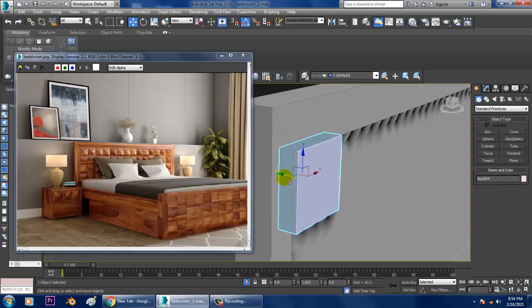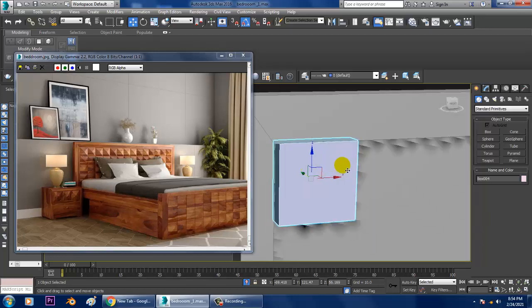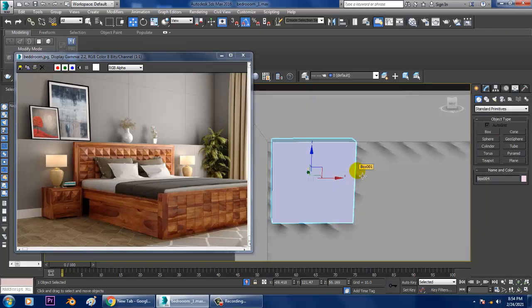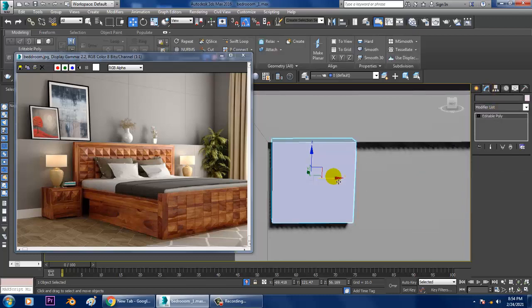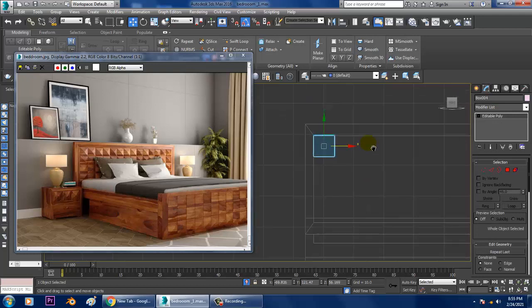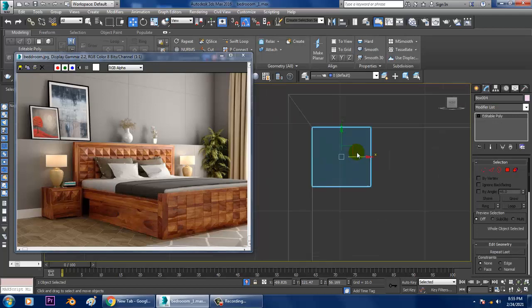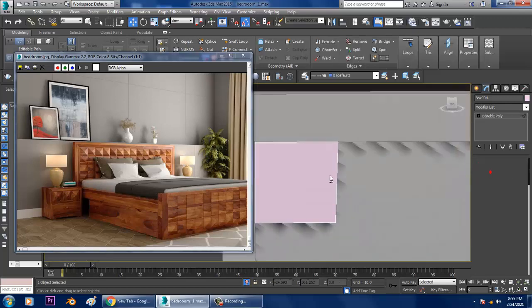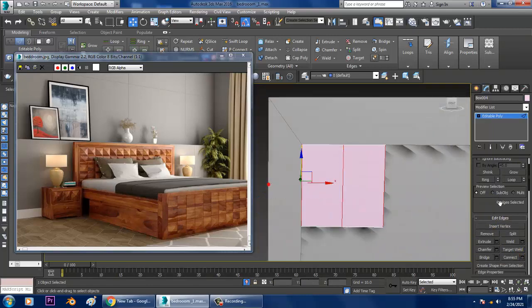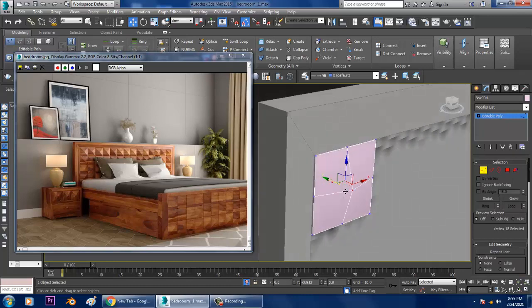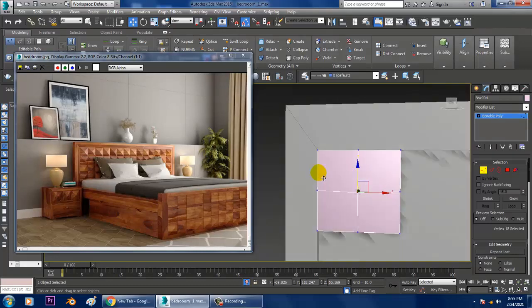I can slightly push it in this way and convert to editable poly. So select this, give one connect, select this, give one connect, vertices, slightly push it out. You can do that in this way.